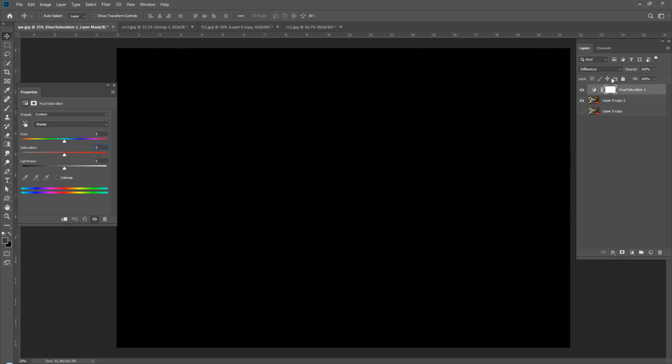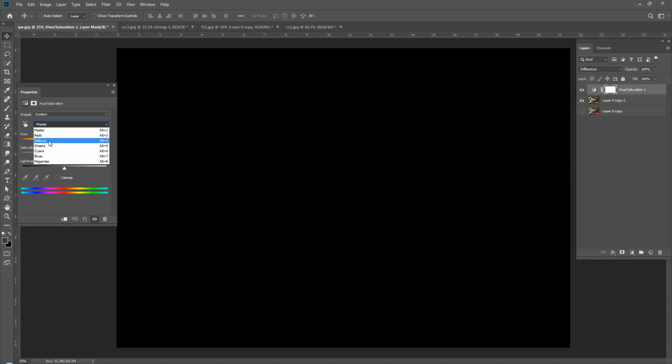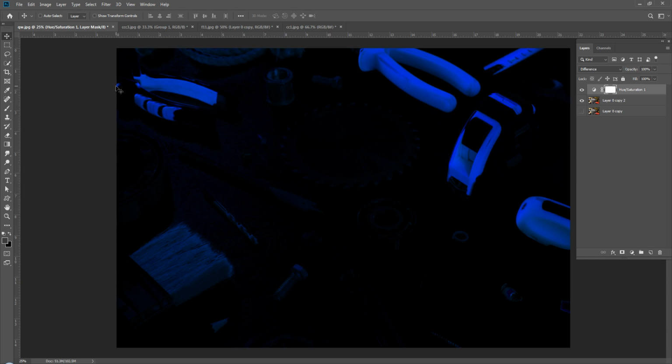Now, because I want to select yellow color, in here I'm going to go to yellow colors. I want to change hues or saturation only. I will boost the lightness, and you see the yellow colors revealed. Okay,